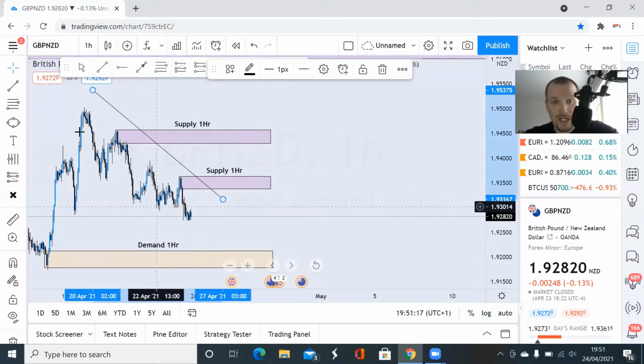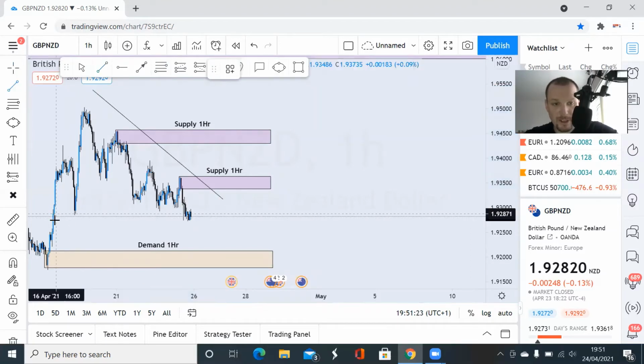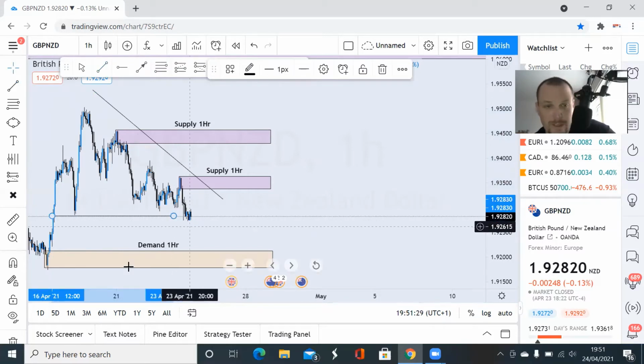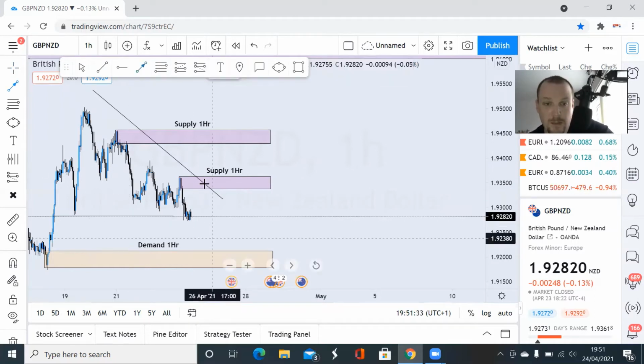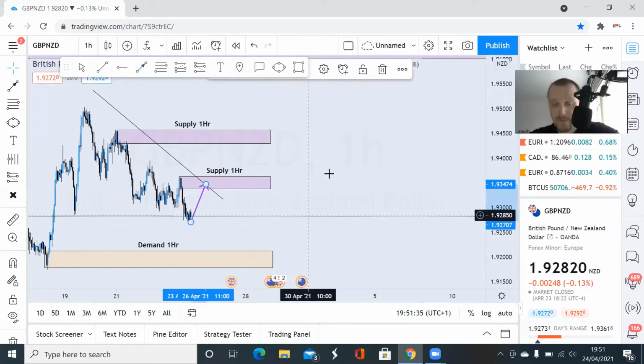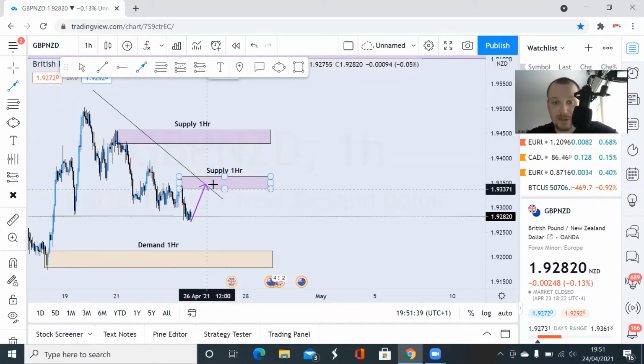Okay, so as you're bouncing down here, again, you've got liquidity around about there. So it has taken out the liquidity on the bottom on the downside. We may get the push back up into the supply area. Okay, now if we get that supply area mitigated and touched, I would then be looking for a further move,